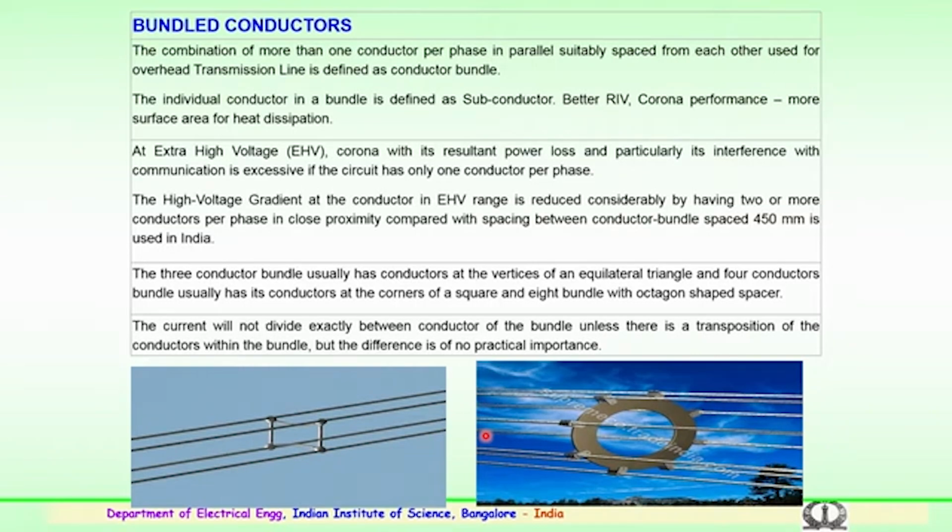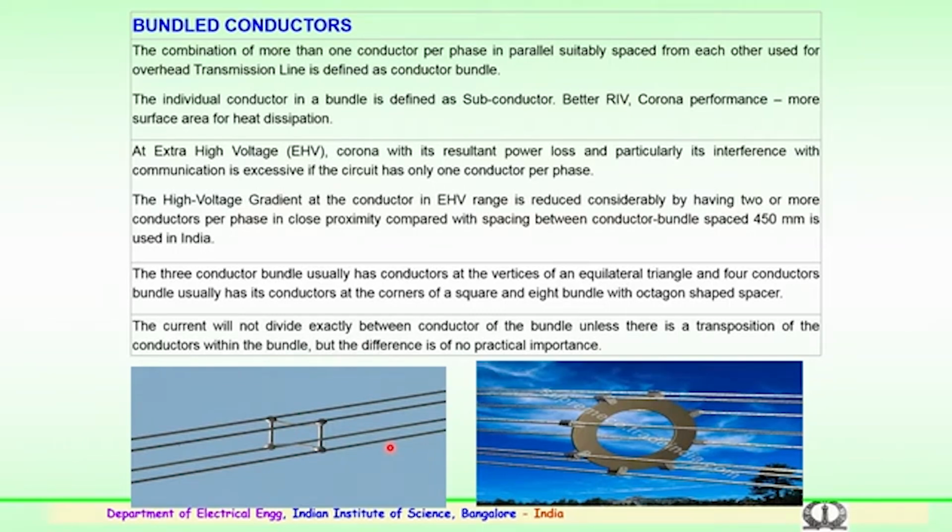And as mentioned, the conductor to conductor spacing in a bundle in our country is adopted as 450 millimeters, or the distance between any conductors is 450 millimeters. That is the standard which is being adopted in the country. If there are 3 conductors in a bundle, usually the conductors are at the vertices of an equilateral triangle, and a 4 conductor bundle has its conductors at the corners, as shown here, 1, 2, 3, 4, similar to a square arrangement